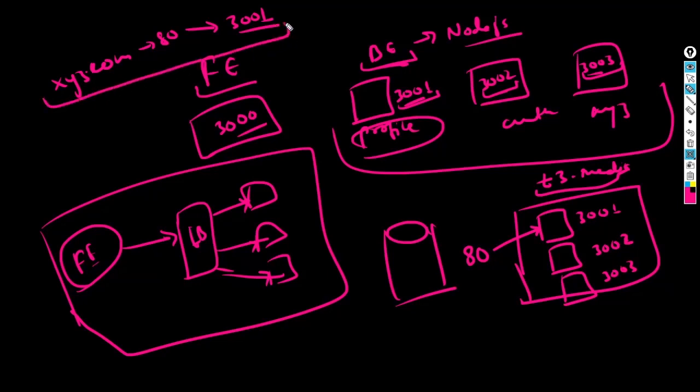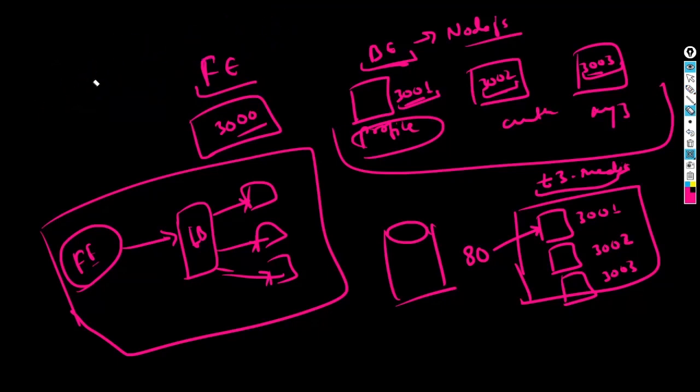But at this point, if you look into it, we have three different ports running. So our scenario would be a bit changed. What we want to do is something like this: if I visit, let's say I'm just going to consider this as api.xyz.com. So if I visit api.xyz.com/profile at port number 80, Nginx should be powerful enough to transfer all of this information to the service running at port number 3001